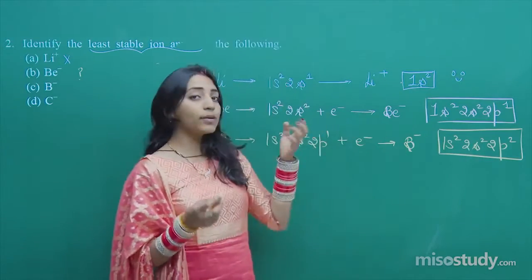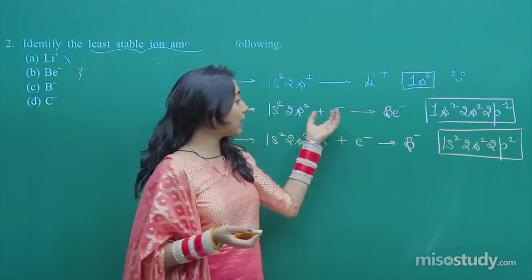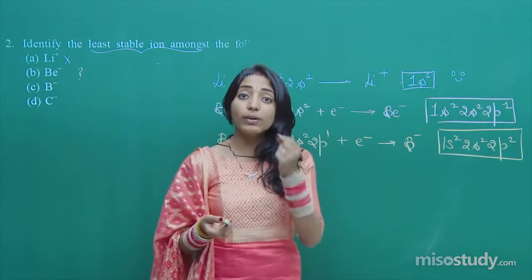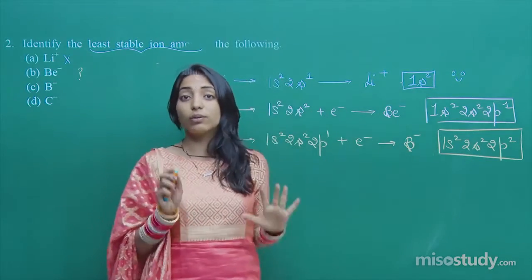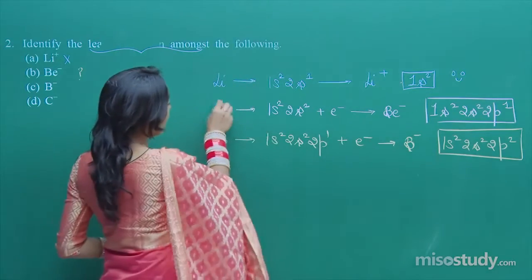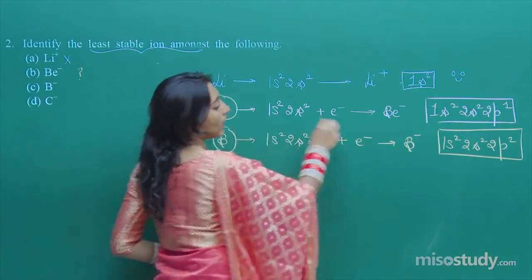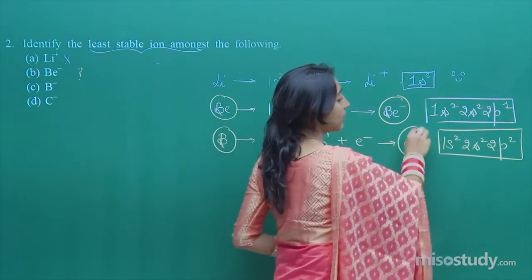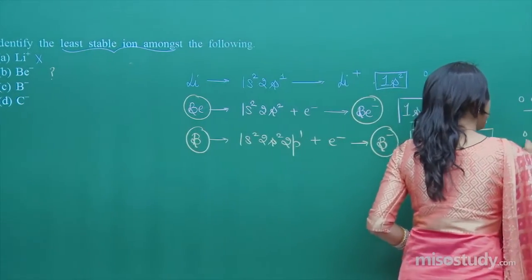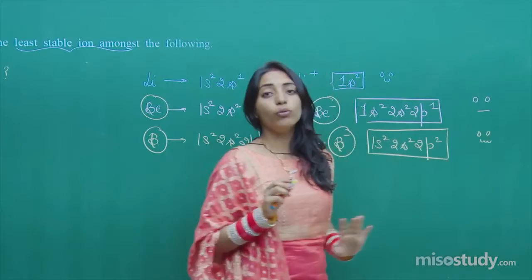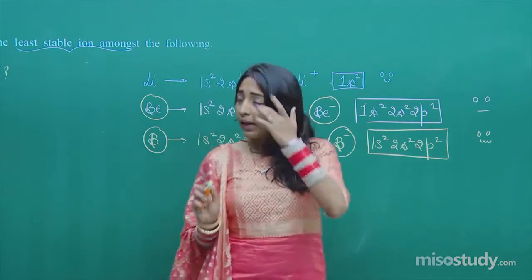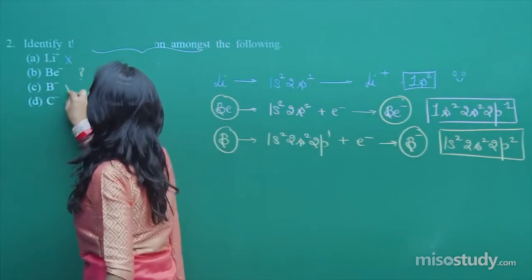But if from a person who is just having 11 rupees, you are taking 10 rupees out of it, now it will be having just 1 rupee. So that effect will be more, right? So when I compare beryllium and boron, or when I say comparing Be minus and B minus, I will say this is still happier compared to Be minus, okay. Now moving on, so this is also not the option.